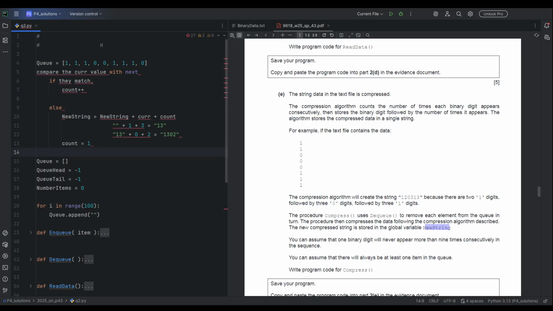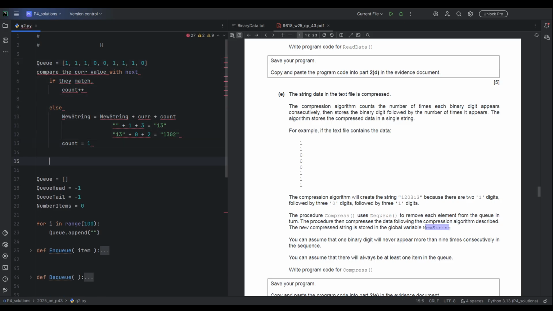So when we were counting these, there were 3 1s. But then when we encounter 0 here and we go into the else statement, we have to set the count to 1 because we have found one 0 so far. And then it will become 2 next time. And this will keep on happening again and again. So by the time the loop ends, we would